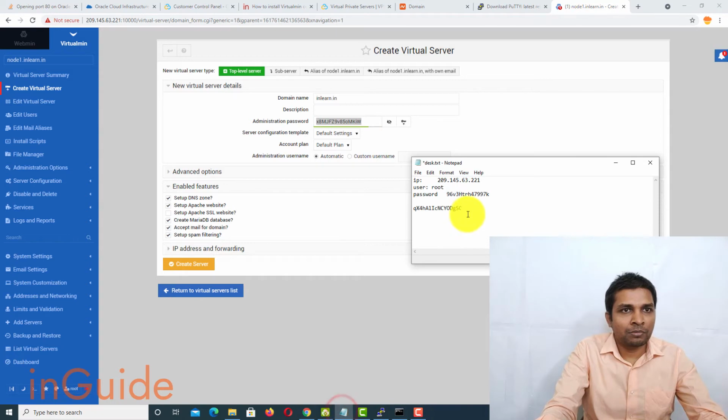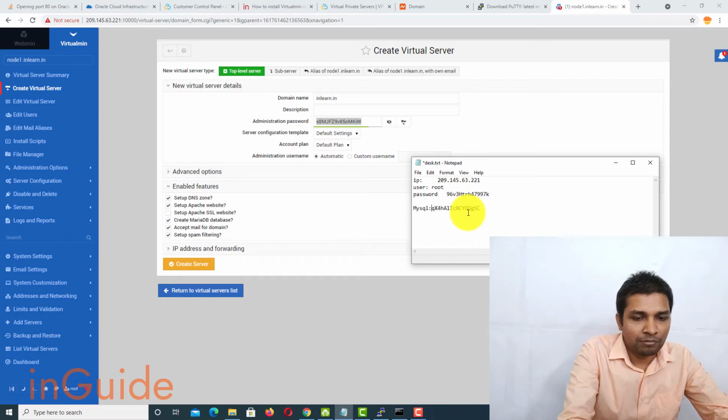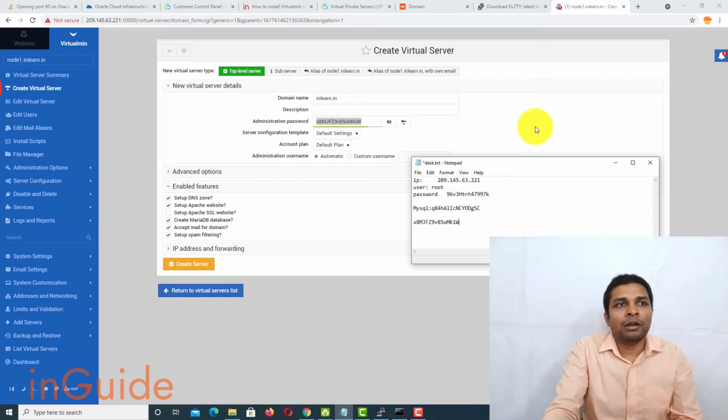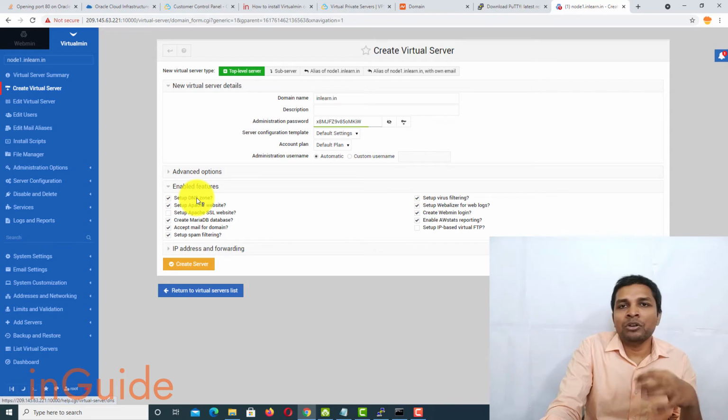Alright, so in order to prevent any confusion, let me name it. Alright, after that you will have a few options here. Whether you want to enable certain features or not, you can do so from here.